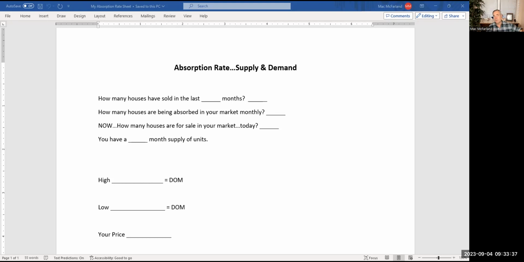I want to know that before I ever even start on this. That should be part of our first conversation. Why are you selling? How soon do you need it sold by? And oh, by the way, what do you think your property's worth in today's market? So when we're looking at this, we know where we need to be and what to expect as far as